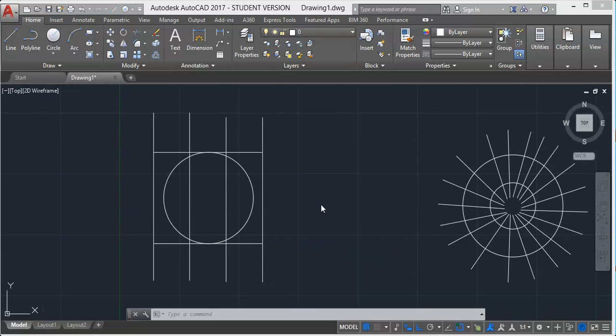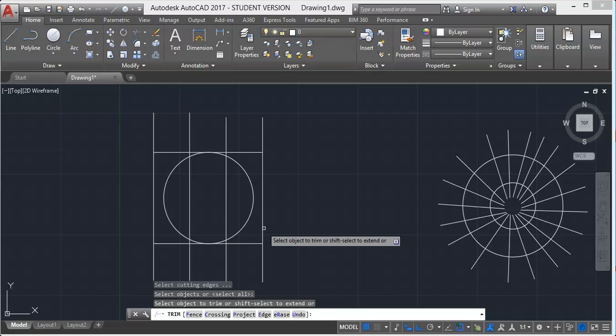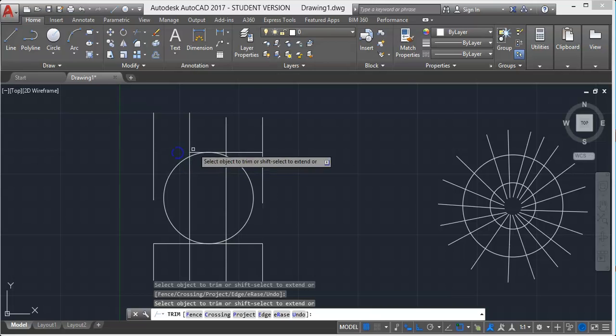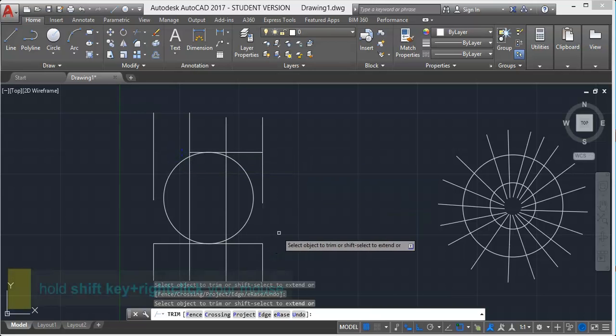There is one more option. If you trim a line and you want to bring back the line you trimmed or extend a line, you can press and hold the shift button and click the line you want to extend. Suppose I have this object, first trim this and this. So I want to extend this line to here.